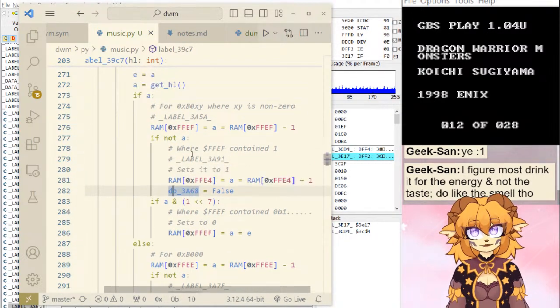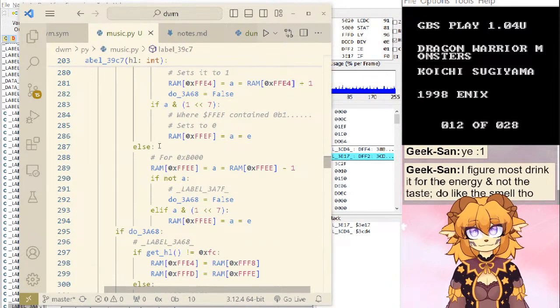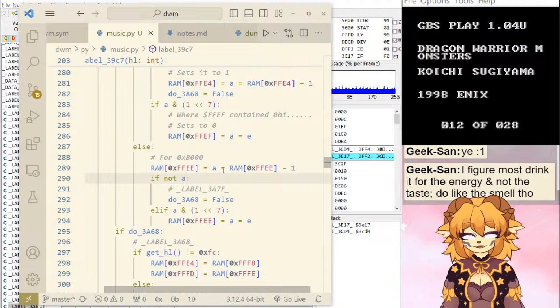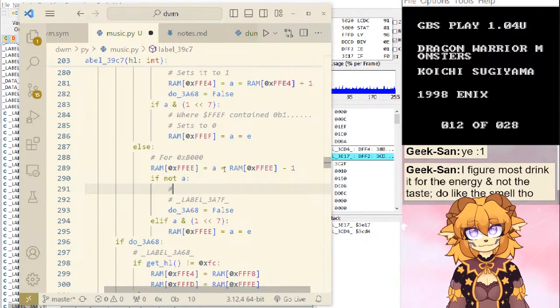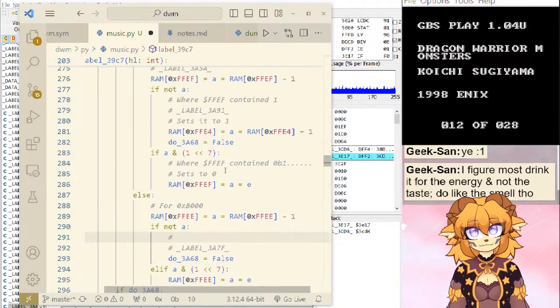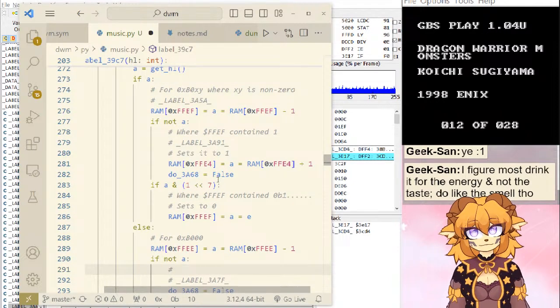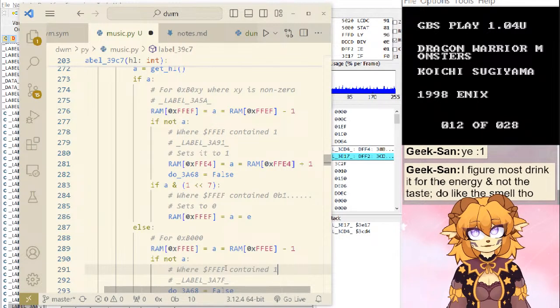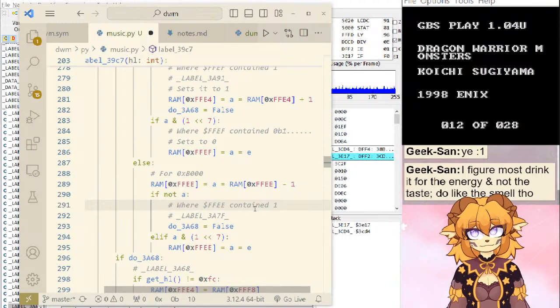Okay, so in this case, so if FFE was 1, we just hit 0. And we had a command of b0 and then some number, some non-zero number, or we have b0 and a zero number, where FFEE contained one.